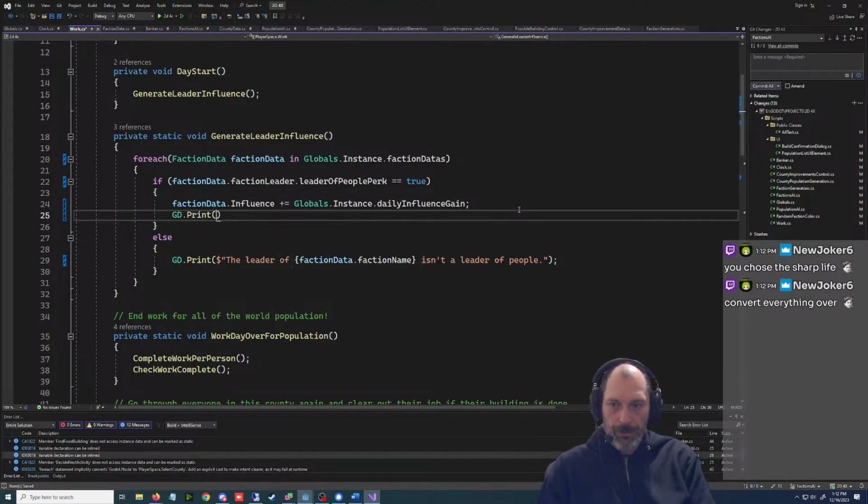We just put a little print thing in here. Oh, we can do this. You know, I used this yesterday, convert everything over to GDScript. I used this yesterday, Joker. I forget what it was for already.